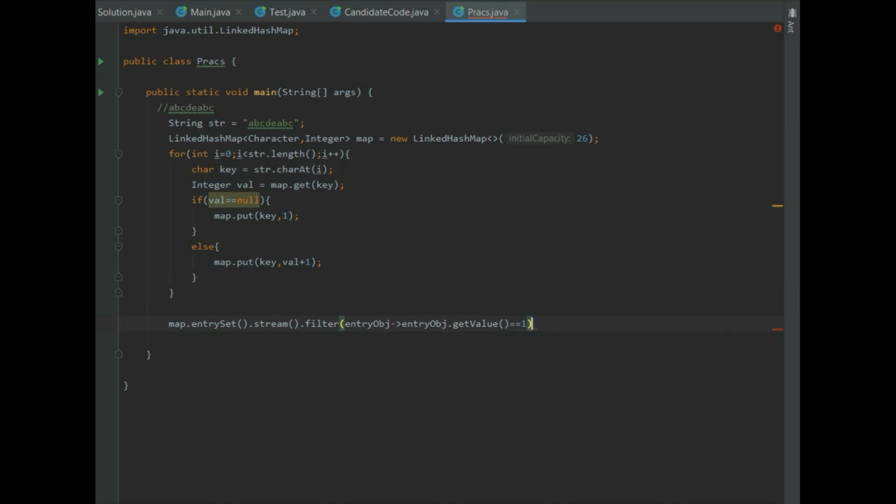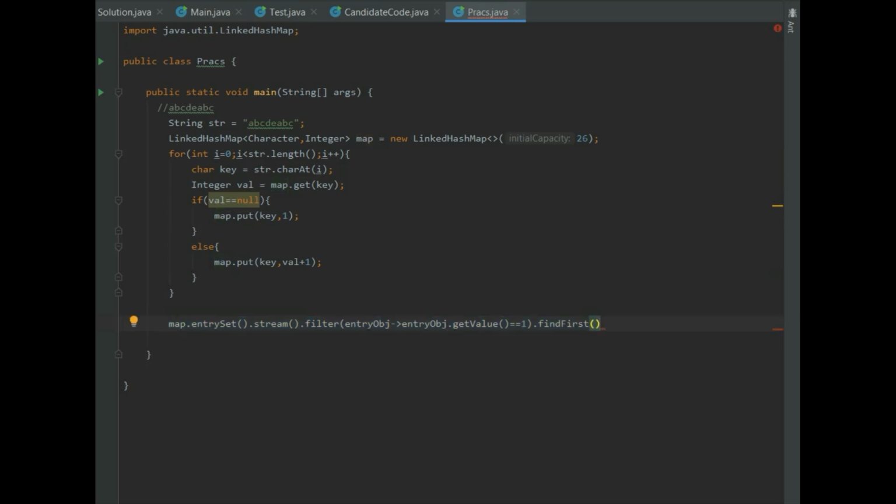If it is 1, then I'll make use of the find first function to get the first value that satisfies the condition in the filter. This code will return an optional object which will have the entry, that is the key value pair which is satisfying the filter condition.